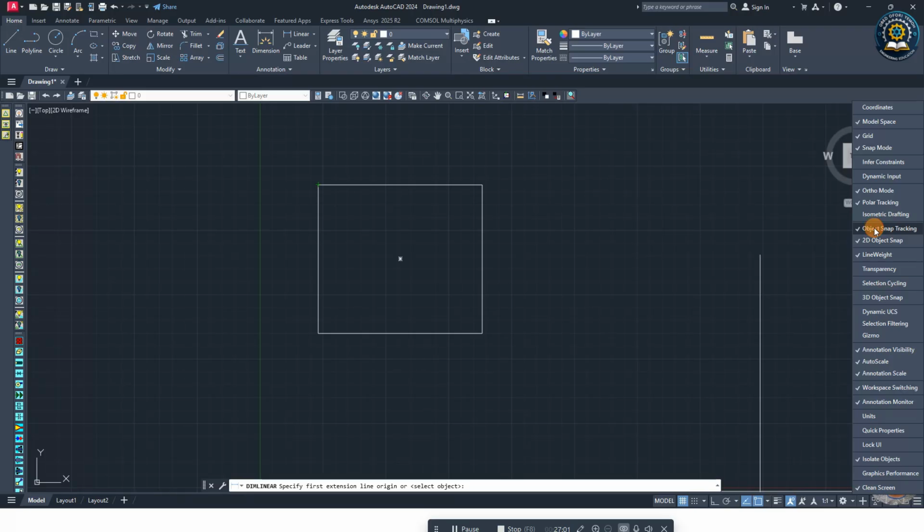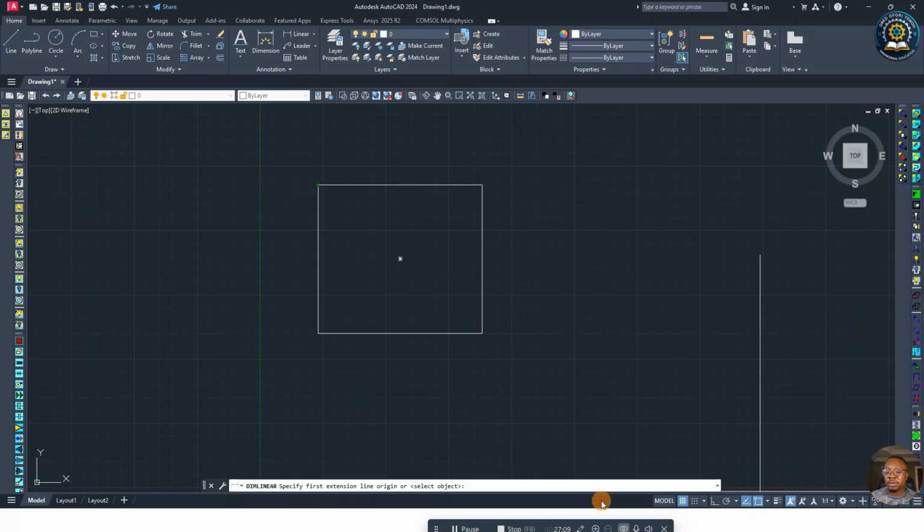When it is ticked, it would appear at the status bar. So we've clicked on the object snap and it is right here. We come and click on it like this and it turns on. If it is dark or if it glows, it's on. If it's faded, it's off. So we turn it back on and then we go back